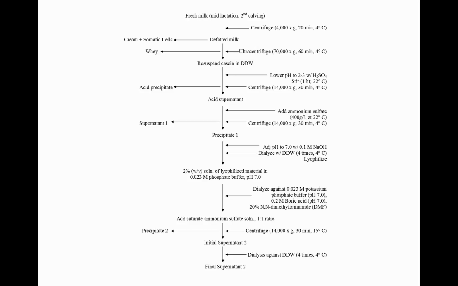It's a very lengthy procedure, but it has been established by other people, so you can follow it based on so many different trials. So if you start with milk, the first step you want to do is defat. So centrifugation at 4000 G, you have the fat on the top layer, and then you have the somatic cells precipitate on the bottom. So what you need is, you don't want the somatic cell, you don't want the cream, you take whatever is in the middle. And then you do ultracentrifugation, precipitate,